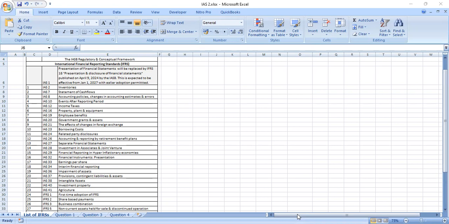Then number two, we have inventory as work in progress. These are resources that are in the production process but yet to be completed. So when we have inventory in the production process but yet to be completed, we refer to them as work in progress. So inventories can take